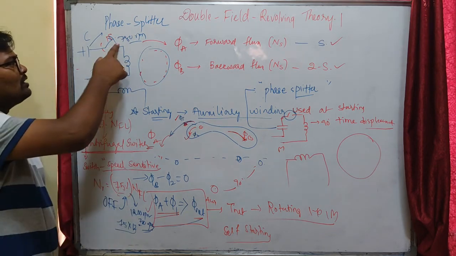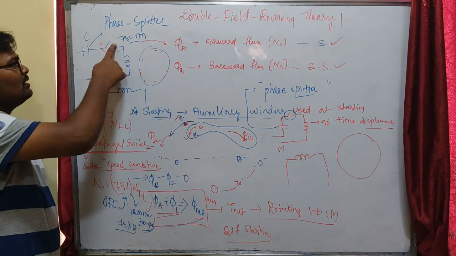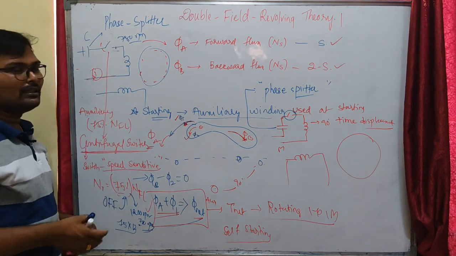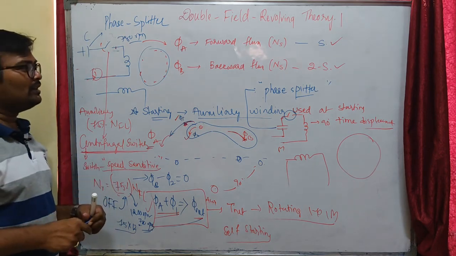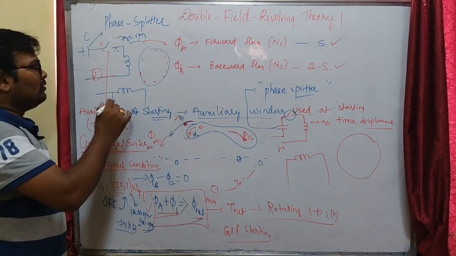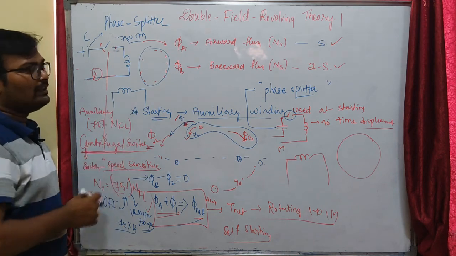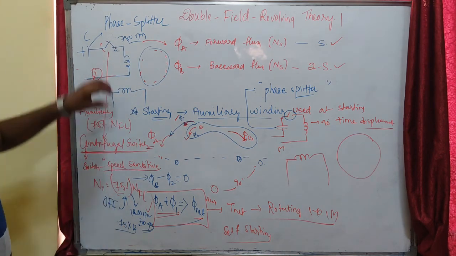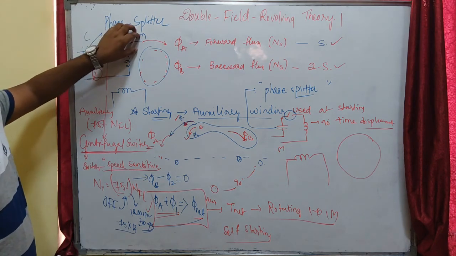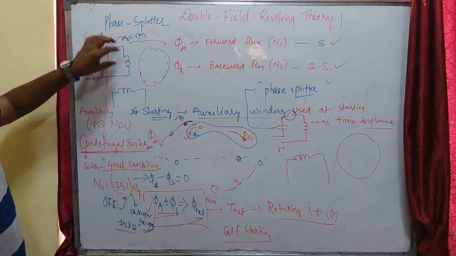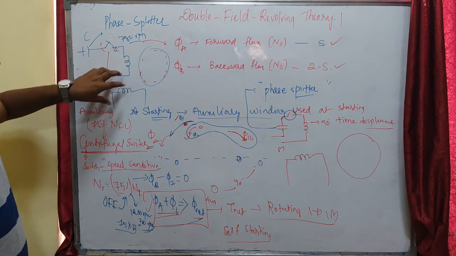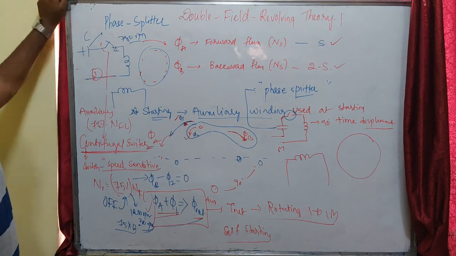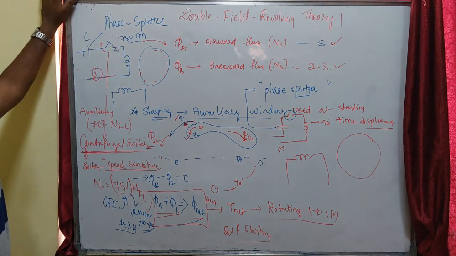If our switch fails to open after 780 rpm, that will cause some extra heat and that will damage the auxiliary winding, and it may cause damage in the stator winding. That is what happens in our domestic fans. Whenever you encounter a winding failure, it is mainly due to this switch. Once this switch fails to open circuit even after running at 75% of full load speed, the winding will be burned out after running for some time. There will be a huge current flow in the auxiliary winding that will build up heat that melts the winding of our induction motor. So this is about the double field revolving theory.